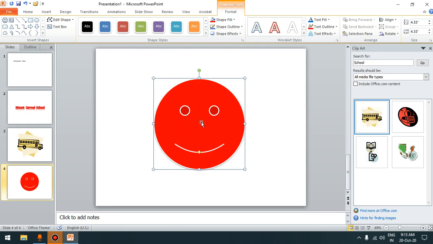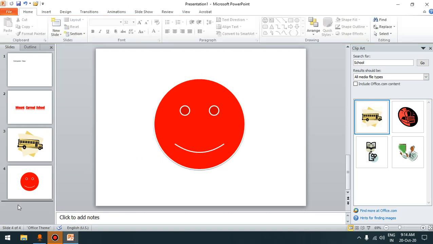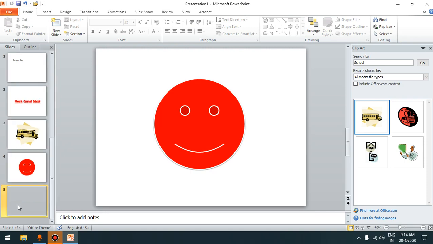And if we want to delete this shape, now it is selected. You can see the resize handles and this rotation handle to rotate. If you want to delete, we can press the delete key from the keyboard, but I'm not going to delete it. And again we will insert here a new slide by pressing the Ctrl+M key combination,